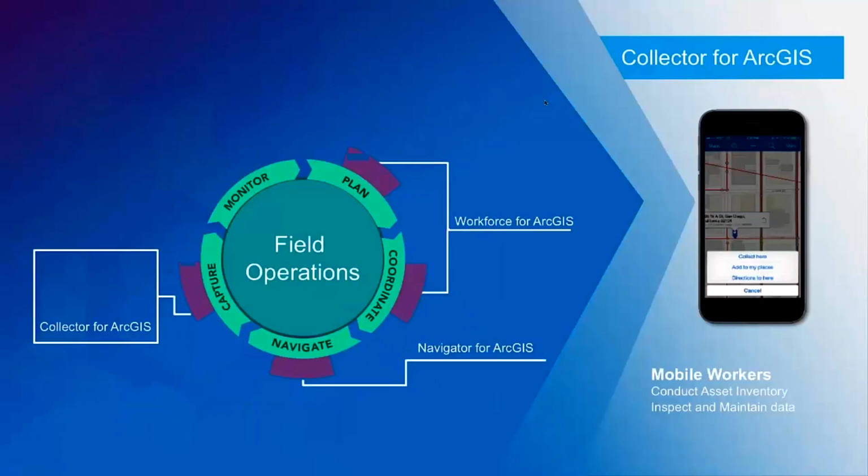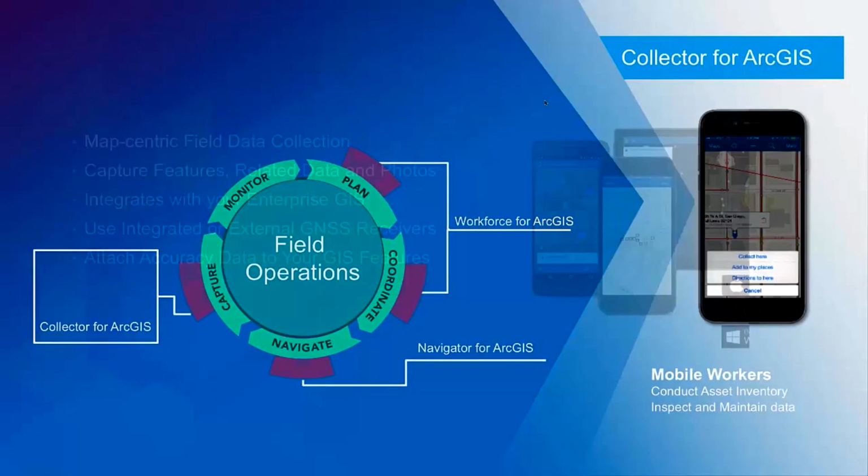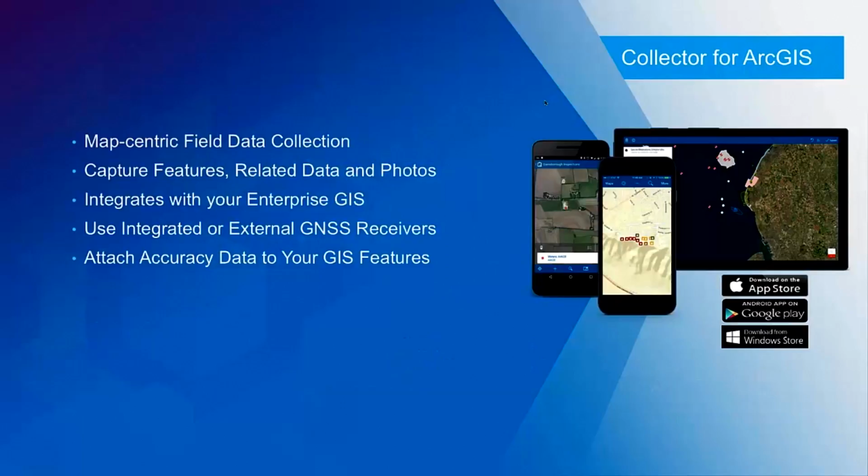All right, so moving on from navigation, now that you've gotten to the location of the work that you need to do, we have 2 applications that are really designed for data collection or data capture in the field. The first one I wanted to talk about is Collector for ArcGIS. Collector is a map-centric field data collection app. Lets you capture point, line, area features. It embraces fully the concept we have of the web map inside of the ArcGIS platform. So the layers that are within it, the feature layers within it, become the data types that you collect data against.